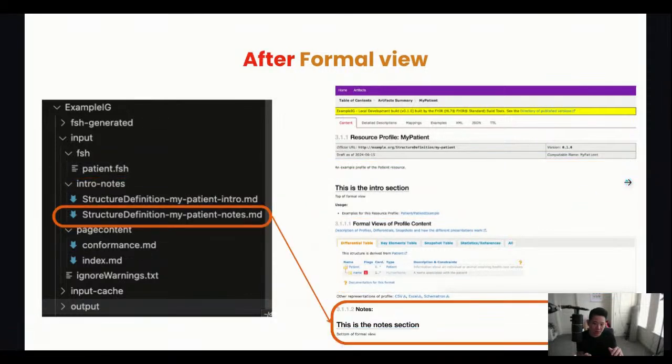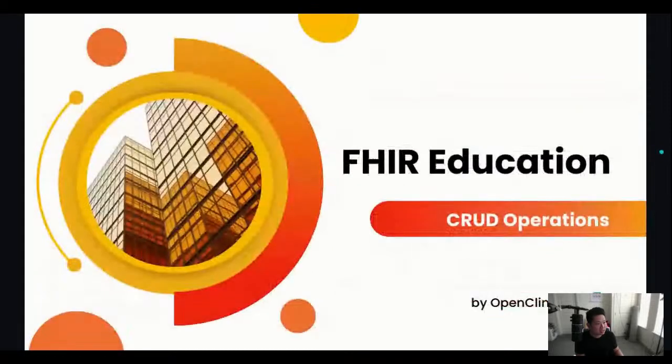And then the last part is the notes, which is kind of self-explanatory. The syntax is pretty similar: StructureDefinition, dash, the ID of the profile, and then dash notes.md, and these are just markdown files. Okay, I think that is all I want to show about